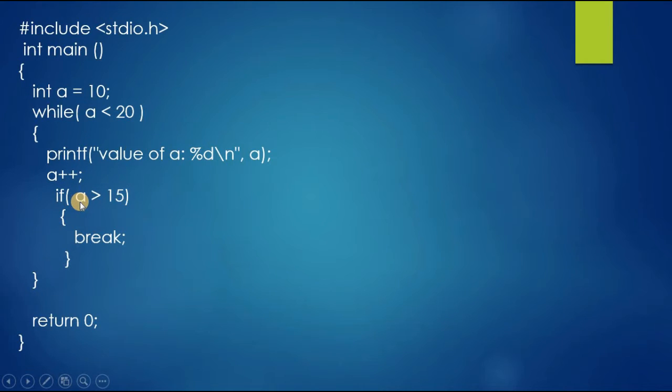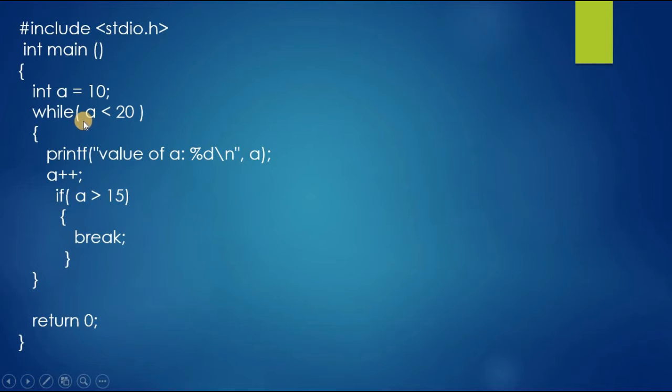If the if condition is true, then the statement will be break here, meaning the program will stop execution. And suppose the if condition is false, then it will go to the while condition again.